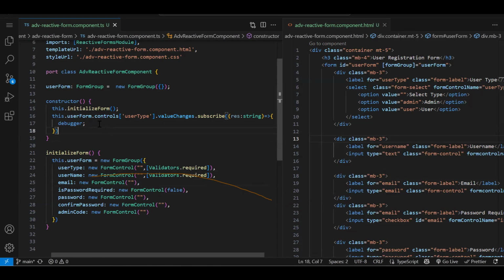Clear? Now, what do we need to write over here? Whatever value the user has selected, if the selected value is admin, then we need to add a validation. So if